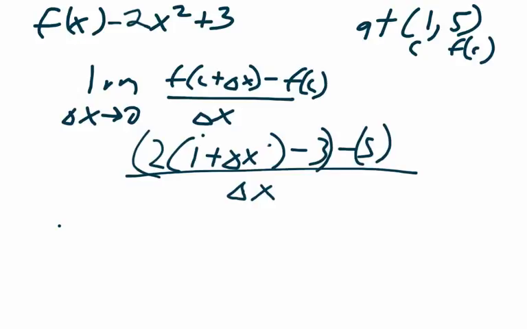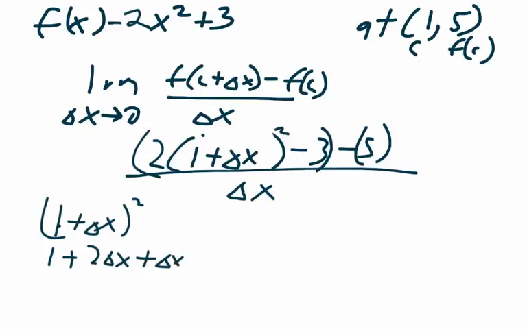And this squared should be on the outside. So when I do (1 plus delta x) squared, that's 1 plus 2 delta x plus delta x squared when it gets multiplied out, and I need to multiply that by 2. So now I have 2 plus 4 delta x plus 2 delta x squared